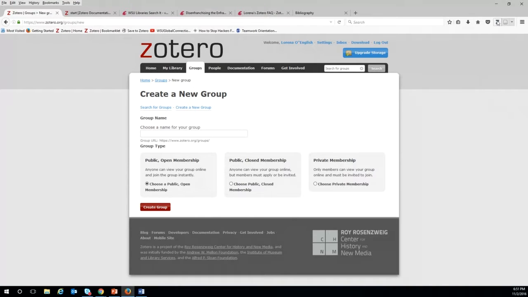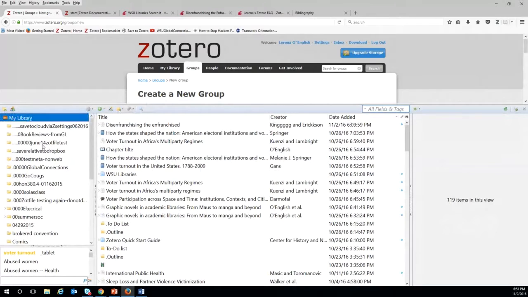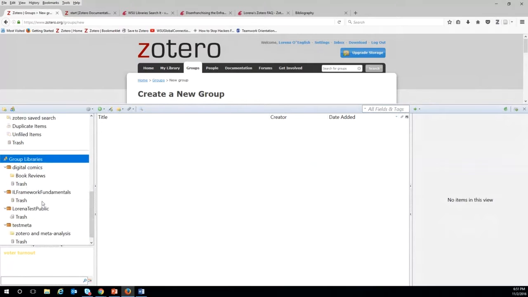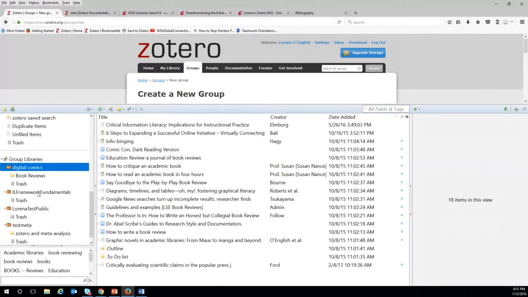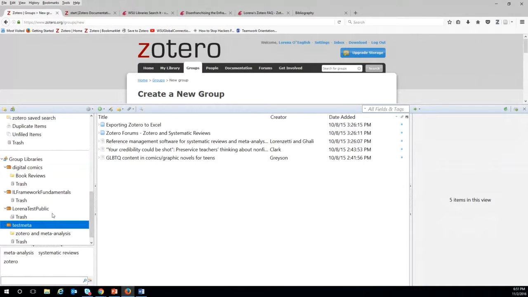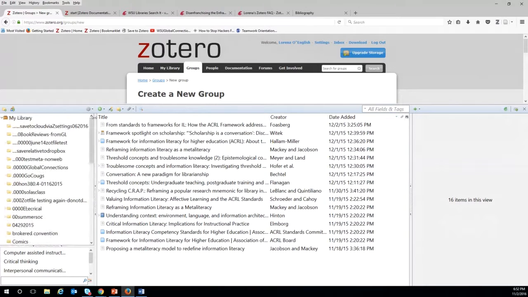Let's see how it actually works inside Zotero. So I'm going to go back, open up my Zotero window, and you'll notice at the bottom, here's my library, here's all my stuff, and then we have my group libraries. And if I look at these, you'll see I have a group called Digital Comics, one called Information Literacy Framework, Lorena Test. A lot of these are test groups because this is my testing account, but Information Literacy Framework is actually a real group. So this is a shared group with other people. If somebody else added something to this group and I want to add it